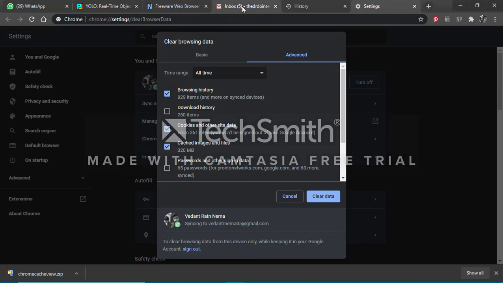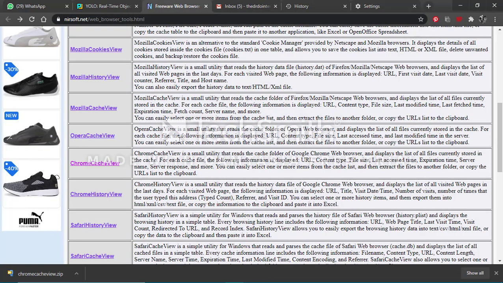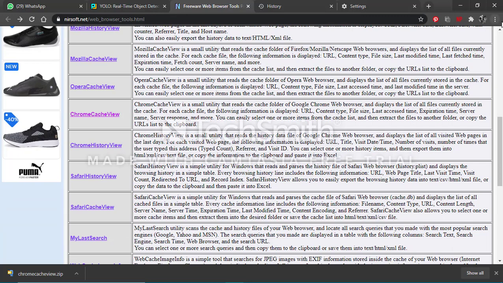So now clearly we know that this browser will become slow, and it will consume a lot of RAM on your PC. Also, in this type of situation, Chrome Cache View lets us know what that 320 MB exactly is.